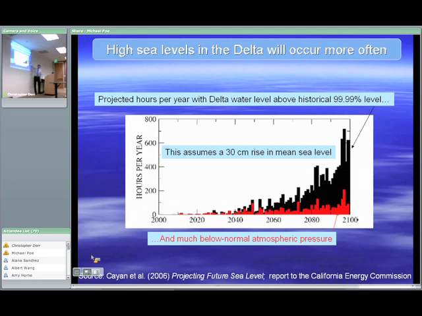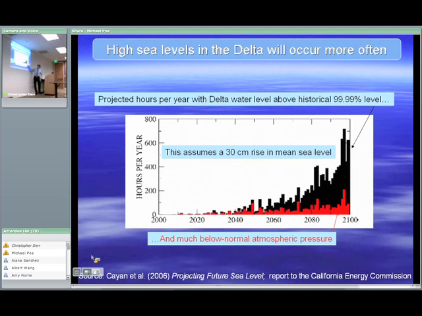Now these excursions, I should say, are due to the usual factors that cause the sea level to bump up. One of those is El Nino. Storms cause low atmospheric pressure, which causes sea level to bump up. Storms also cause wind, which causes sea level to bump up. I should also mention that the delta is actually quite protected because it's inland. It's quite protected from short fluctuations in sea level. It's worse if you look on the coast.